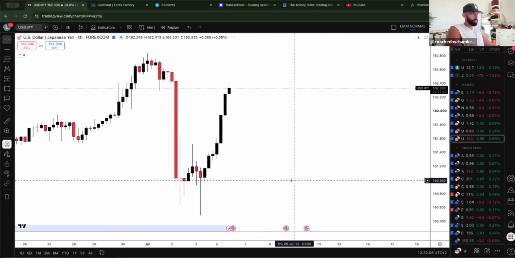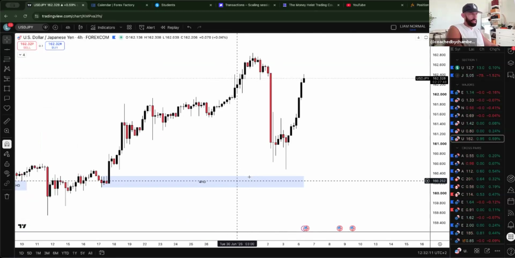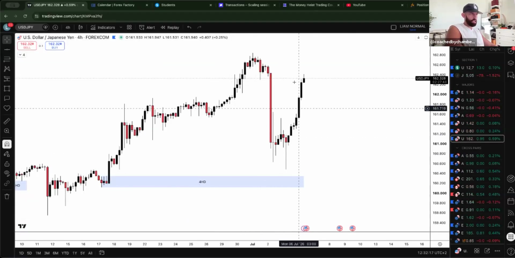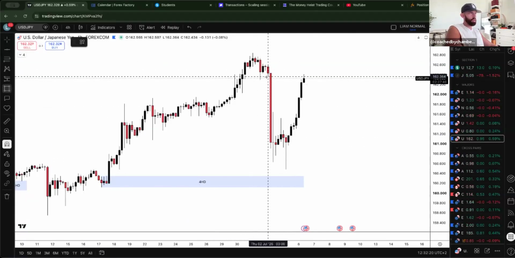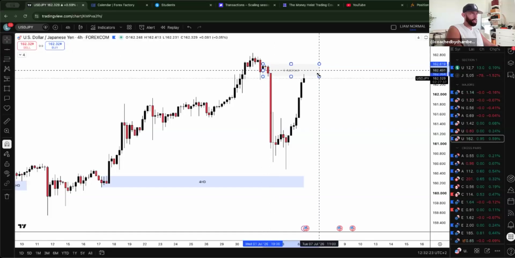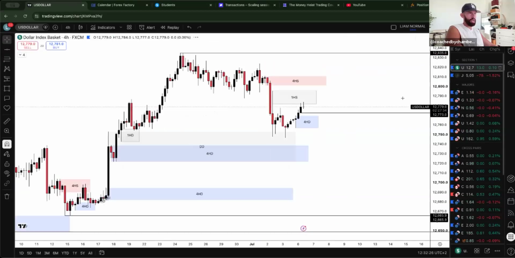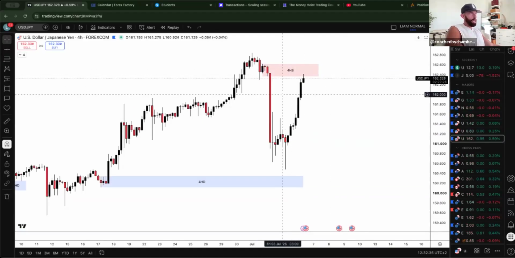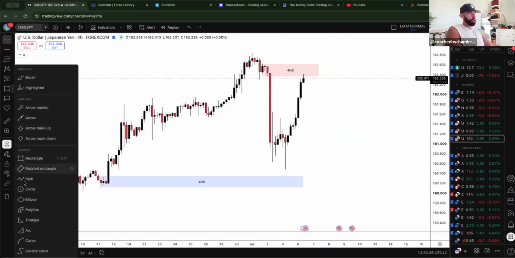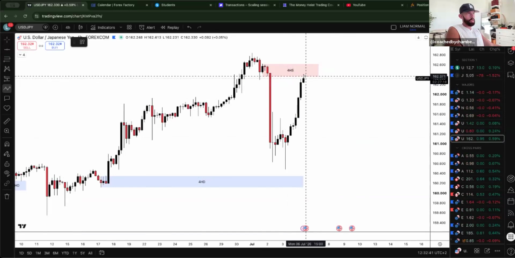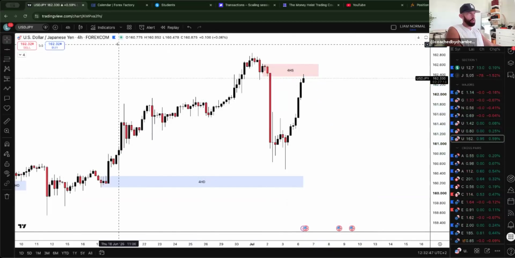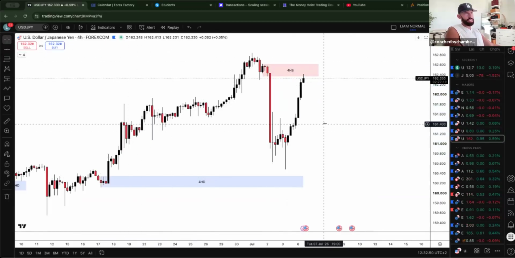If we jump down to the 4 hour, we can see I wanted this 4 hour demand area met. We didn't quite get that, unfortunately, but it is what it is. Market's been extremely bullish. We are coming into these areas of supply here. So for me personally, it would have to align with the dollar. If you look at USD Japanese yen, it is a lot more bullish than the dollar has been. But if the dollar carries on shorting, then of course we would expect USD Japanese yen to carry on shorting as well. So ideally, I will be keeping my eye out for that going into the rest of this week.